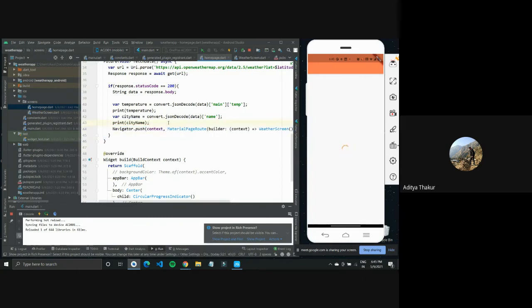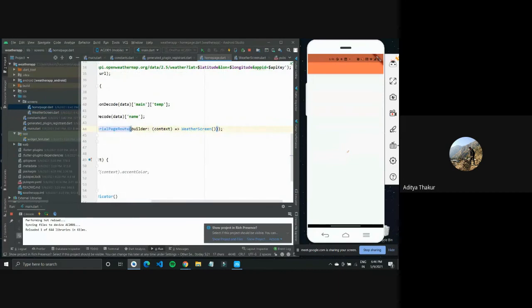You can use a name for that route, and define routes in your material app. There are a lot of things that you can look into, which would be beyond this workshop for now. But for now you can see it is a simple Navigator. We are pushing it and giving it a context and material page route, so you can check out how navigation is done later on. But we're just building this new weather screen when we are done.